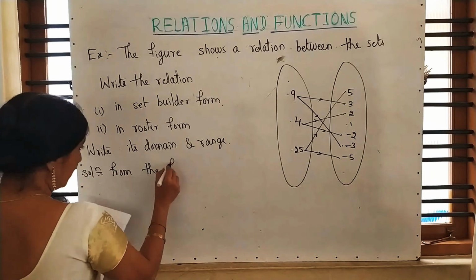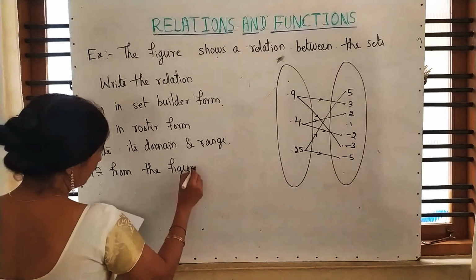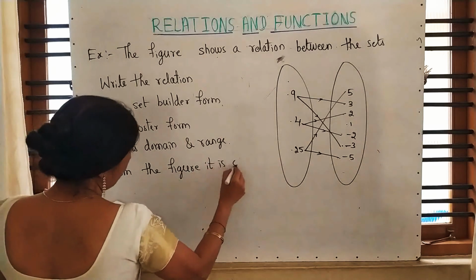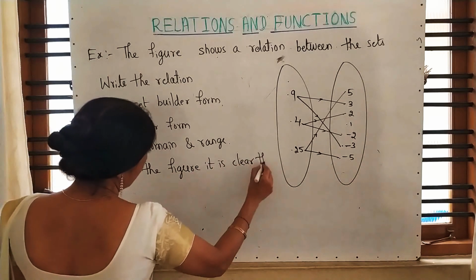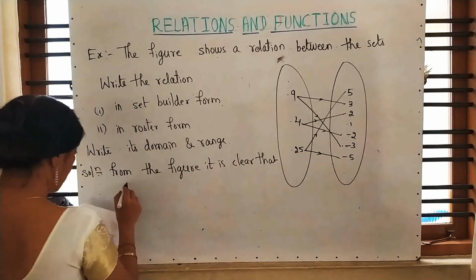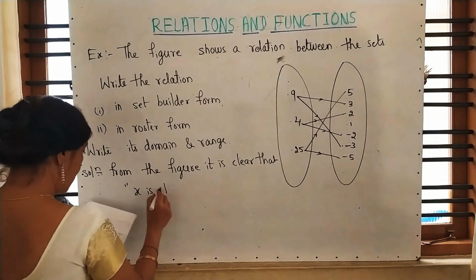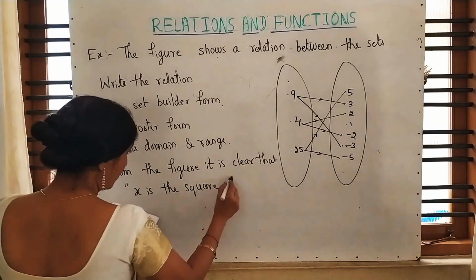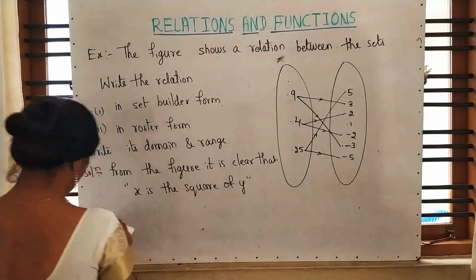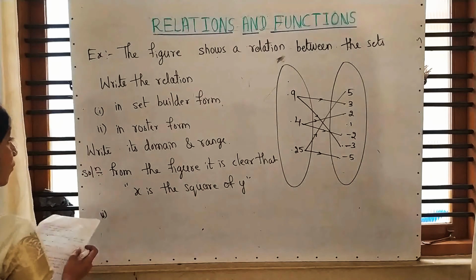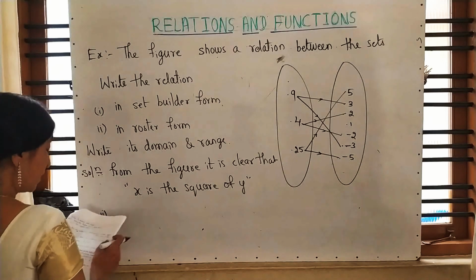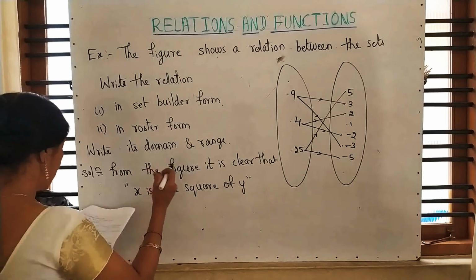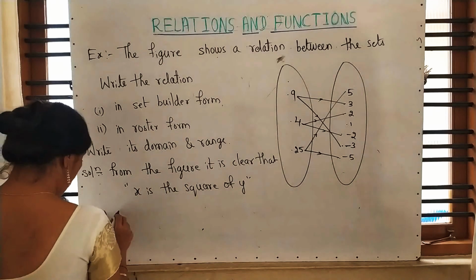From the figure, it is clear that x means the first set. X is the square of y. First one: write down in the set builder form. Set builder means we have to write the rule. The set builder form of R is,